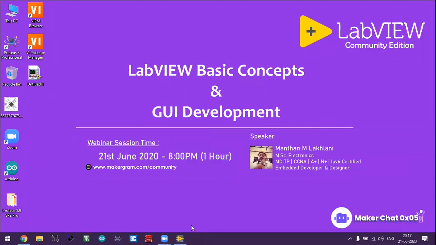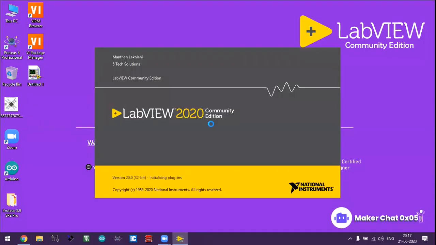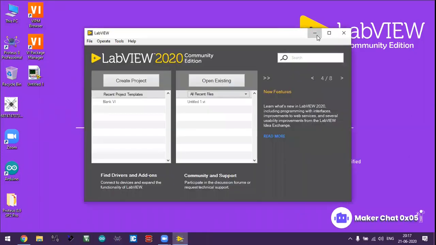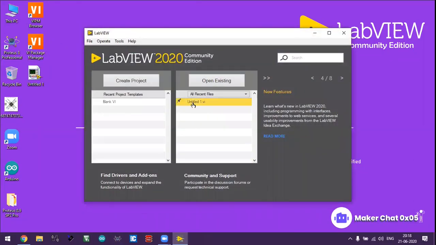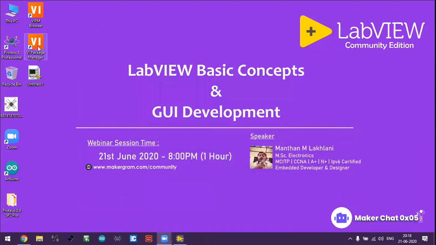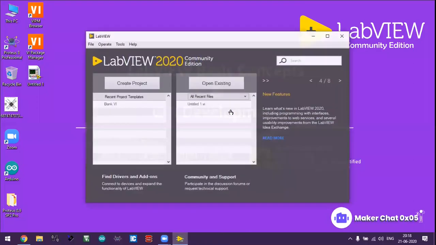So it is starting. LabVIEW software consists of two parts basically. One is the LabVIEW application software itself, and the other you can see is the VI Package Manager. This is the most important plugin for our LabVIEW software. You can download many plugins related to Arduino and web-based protocols like JSON, HTTP, and all that from the VI Package Manager. It is supporting software, optionally installed with the LabVIEW software.